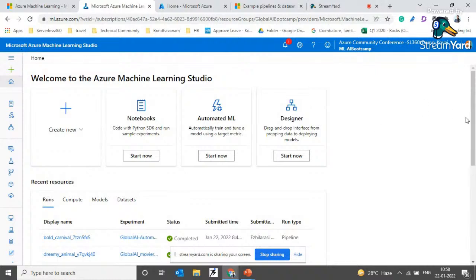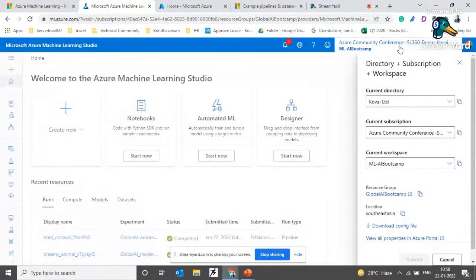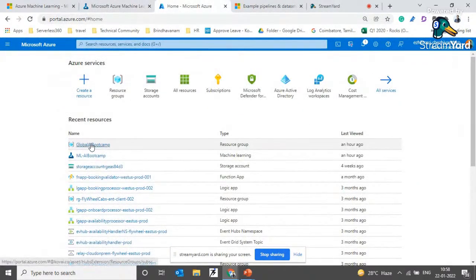So once you get started with the Machine Learning Studio, it will prompt you to create a machine learning workspace in your Azure subscription, which is also facilitated right from the Machine Learning Studio. When you create your machine learning workspace from the studio, you can see that getting reflected in your